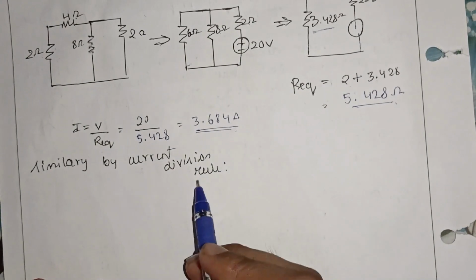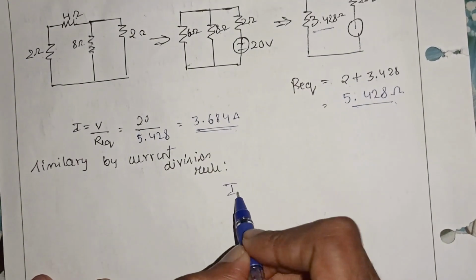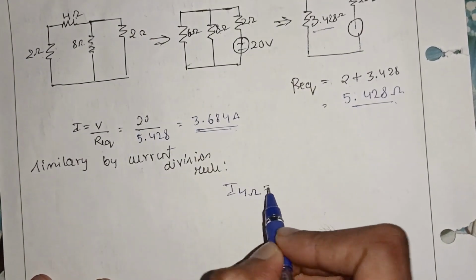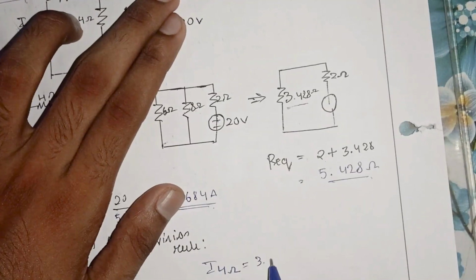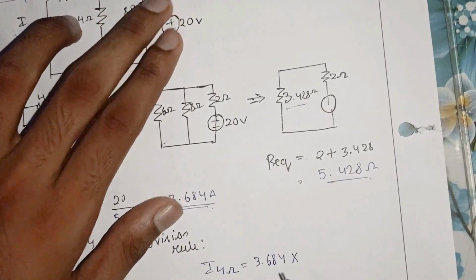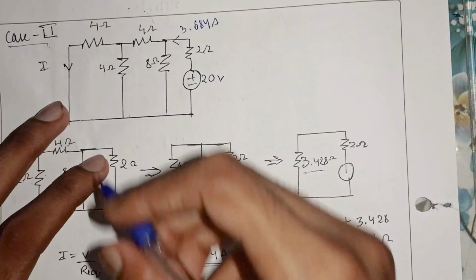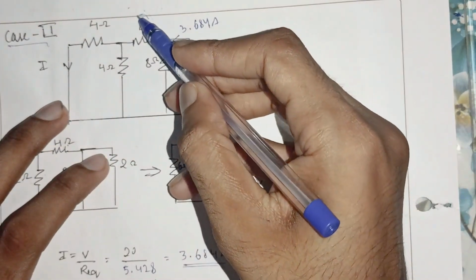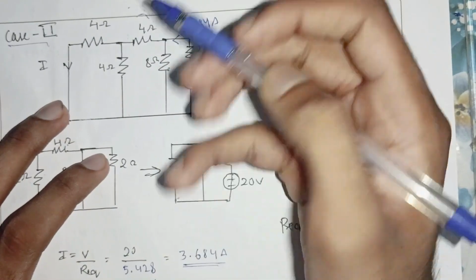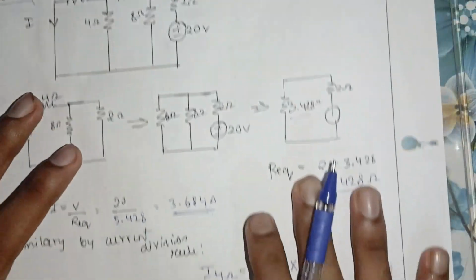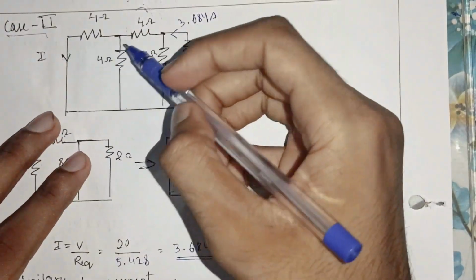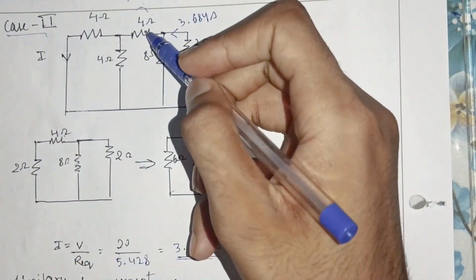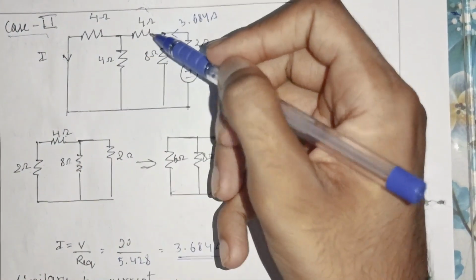Similarly, by current division rule as explained in case 1, the current entering the 4 ohm resistance is the main current, 3.684, multiplied by the resistance of the other branch. Since I am calculating the current entering through the 4 ohm branch, my 8 ohm obviously becomes the opposite branch, so 8 divided by, always remember that we cannot write this as a 4 ohm resistance directly, because